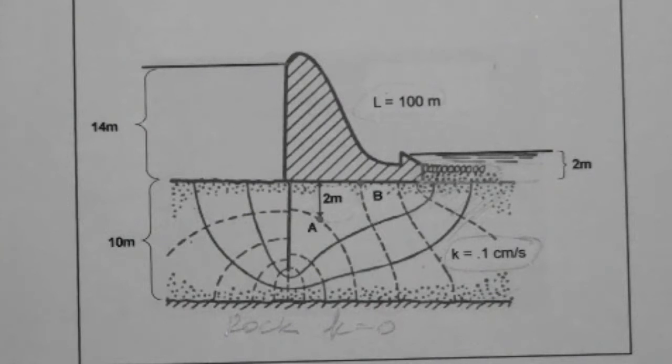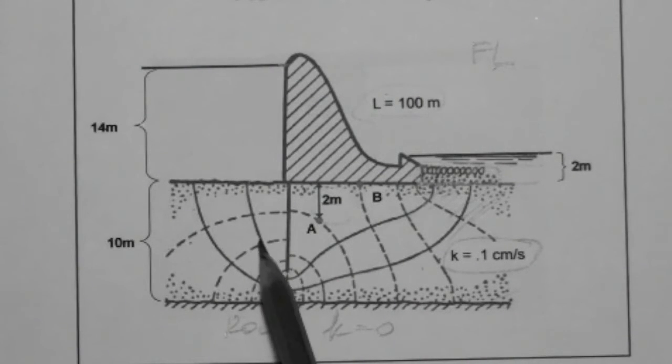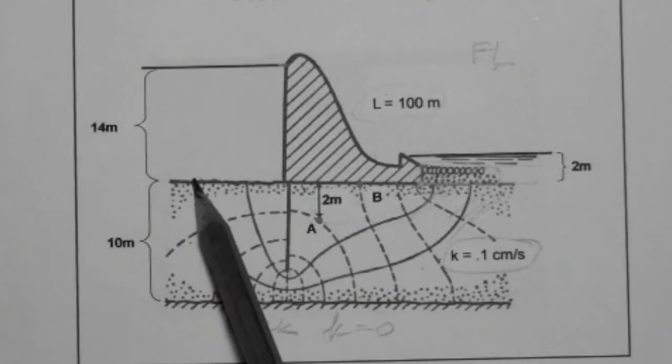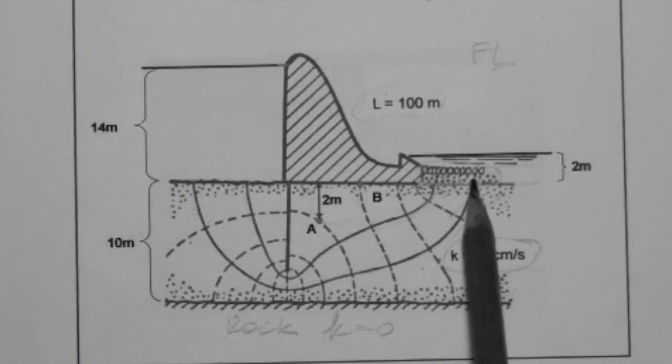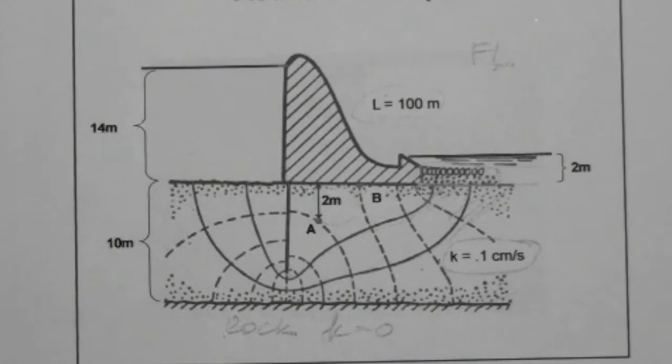Now let's count, because we need this later on, as you will see when you look at the other sides. Let's count the number of flow lines. Here are 2 that are drawn. Look, 1 and then 2. So there's 2 drawn, and there are always 2 hidden. We know that there's one that is basically along the impervious boundary, so that gives us 3 flow lines,